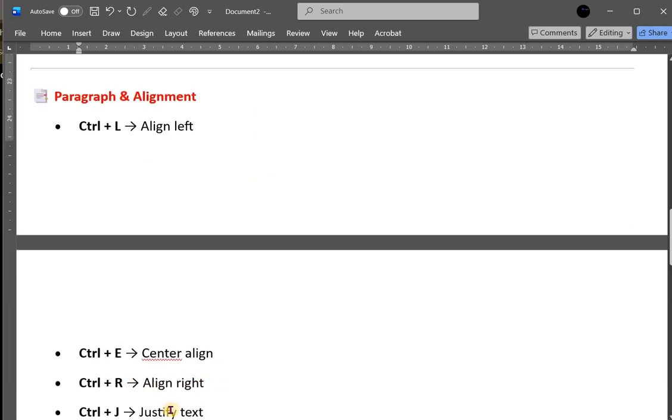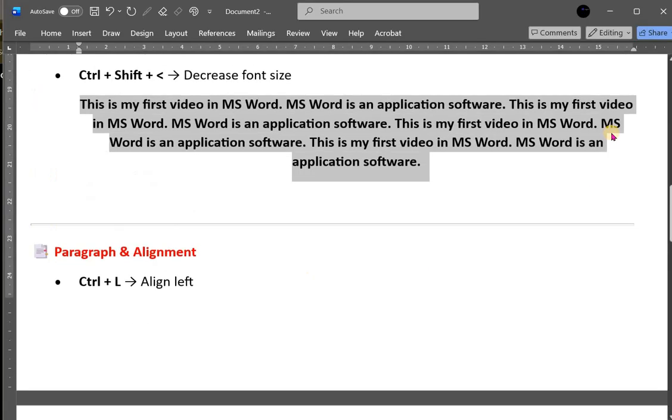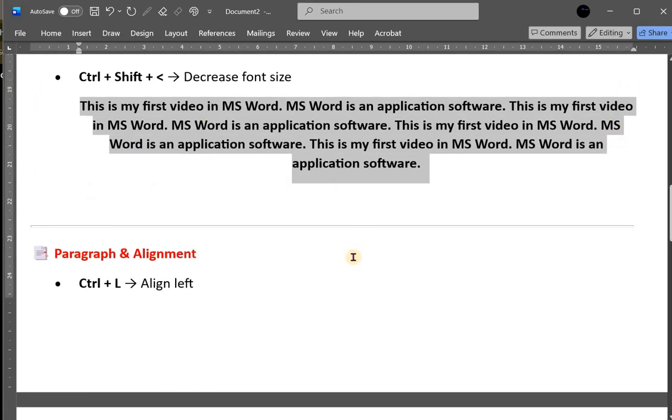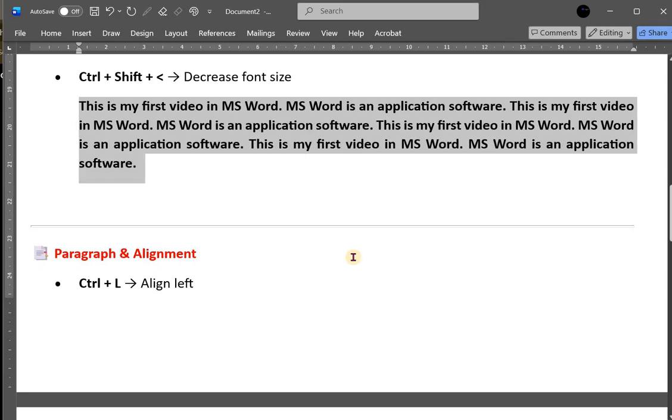So we have seen all these things. Control J means justify. Justify means from all sides, left and right, both align. This is very useful, like you see in the textbook or newspapers. Both left side aligned and right side aligned. Straight, both are straight. So it will increase the gap somewhere in the middle here, and it will align left